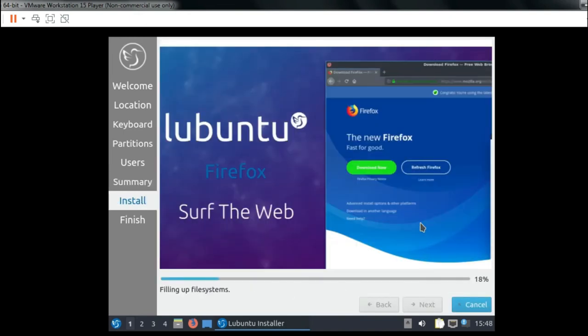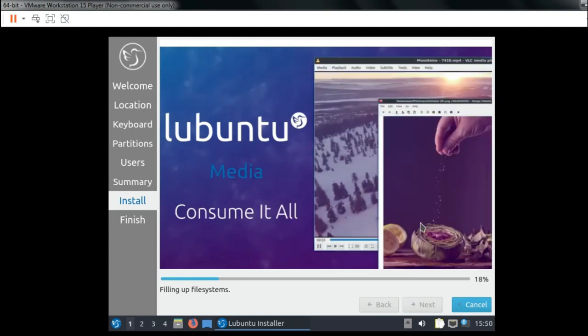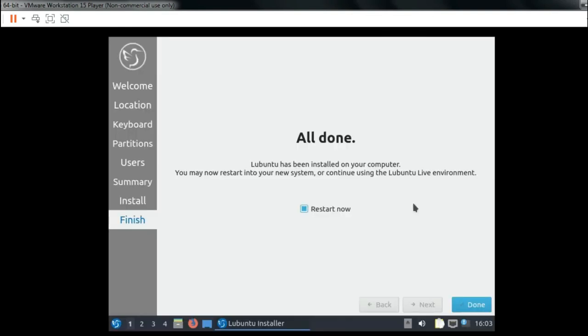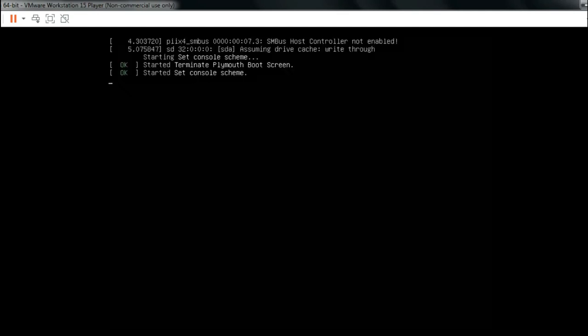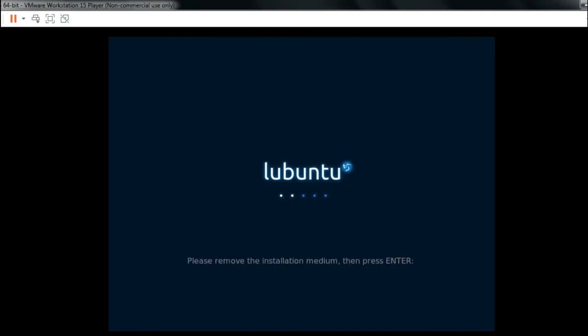It will take some time. Once it gets installed, restart now and then click Done. It has completed the installation process and it's restarting and loading.